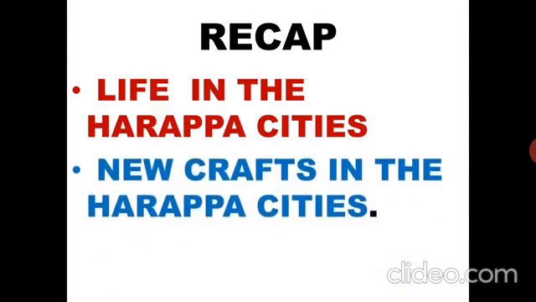We also discussed what the craftspersons were making in the Harappa cities, which kind of ornaments and jewelry they were making, and what type of toys. In Harappa city they were making toys from terracotta. Terracotta is a clay, right? And they were also making ornaments from faience, which is of blue color and sea green color.